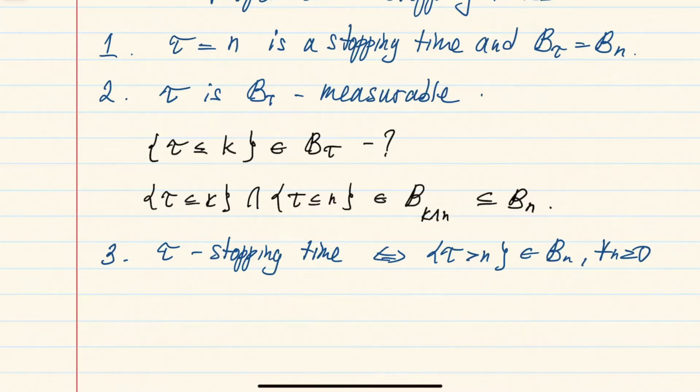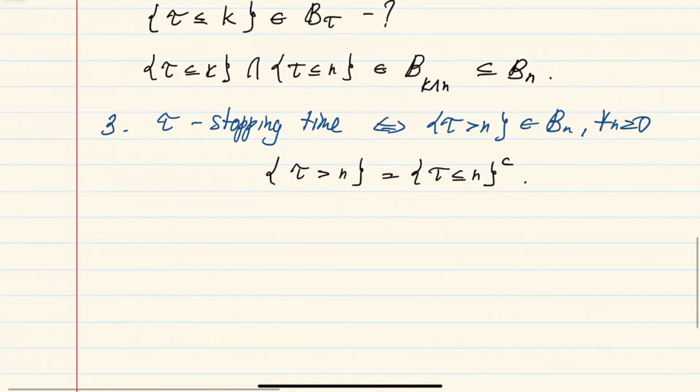Right, so this is just as trivial an observation as the one we did above. Because if you look at tau greater than n, this is just the complement of the event that tau is less than or equal to n. And so if one of them is in the sigma algebra, then the other one is in that sigma algebra. So it's just a restatement, but it's a convenient restatement because sometimes it's more convenient to check this opposite inequality, greater than n, than less than or equal to n. For example, in the next property,